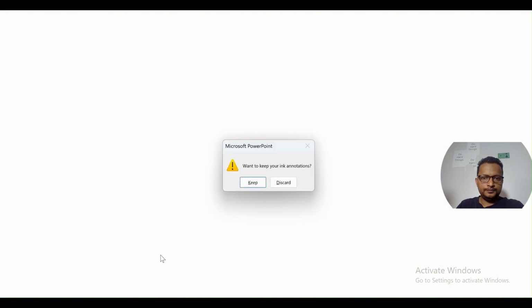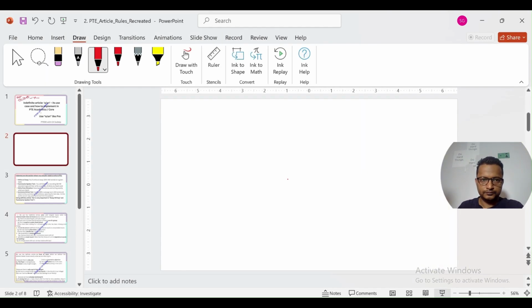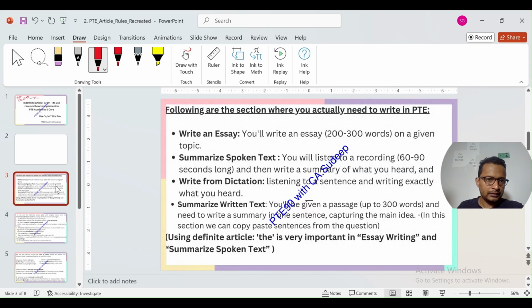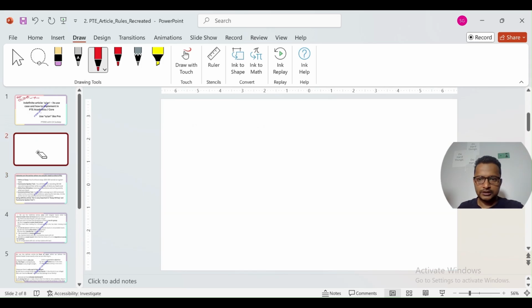Now let's go and learn the application of "the", right? What is "the"? Now "the" is a definite article. What I mean by definite article is, if I put "the" in front of that particular noun,